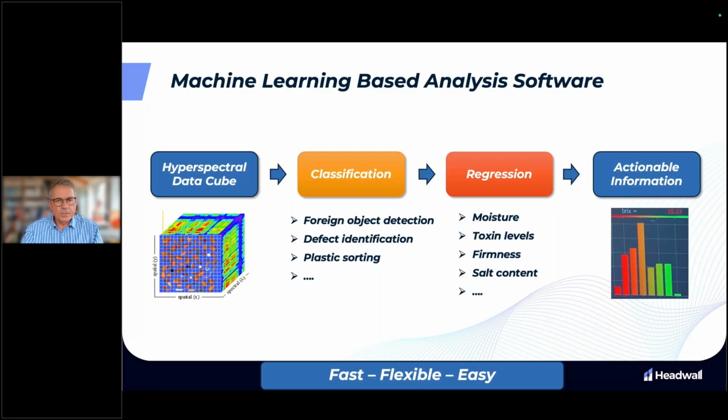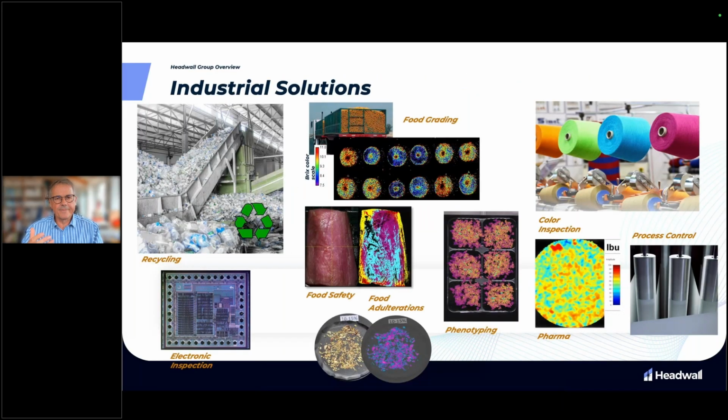Typical industrial solutions we are seeing, and where we have done implementations, well, a lot of that would be in recycling, like you would see here in plastic recycling, but that is also in other recycling applications where hyperspectral imaging is used. Another big area would be in food analysis, food inspection, food grading. Like this is an application where we have analyzed the sweetness of oranges before these oranges are produced in an orange juice